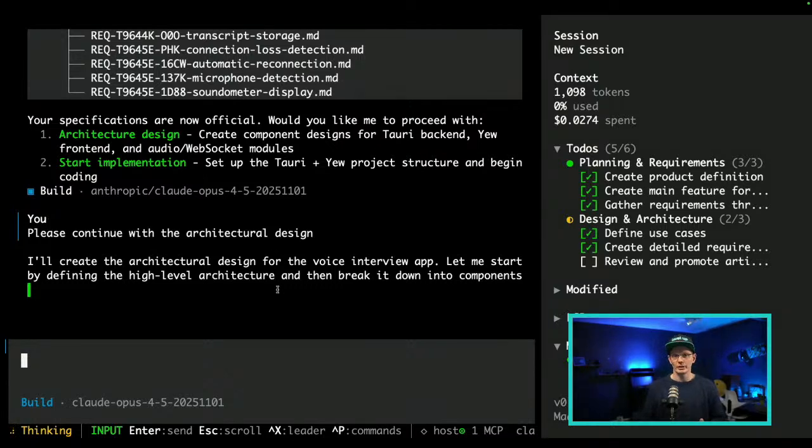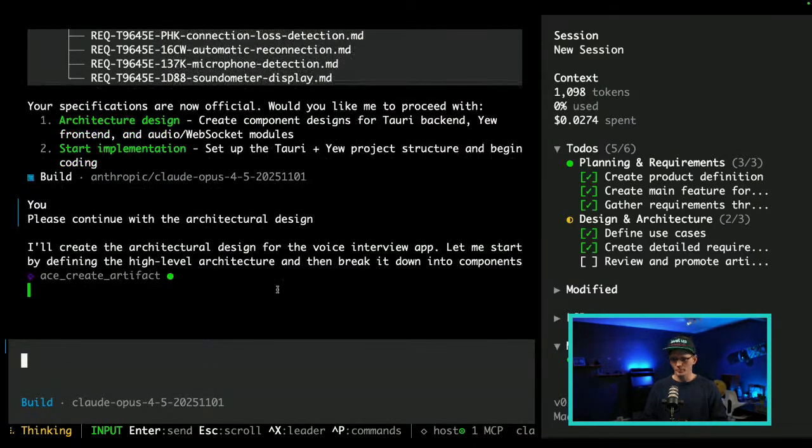So the real question here is how much more autonomous is this going to feel compared to what we did on day one, where we made this 3D scene. I'm hoping that because we're arranging all of this context so nicely, we will get to a point where we actually don't have to do much. And right now we are at a place where it feels pretty lightweight, right? We just need to write, please continue with the architectural designs, and then it starts doing things there. And let's have a look.